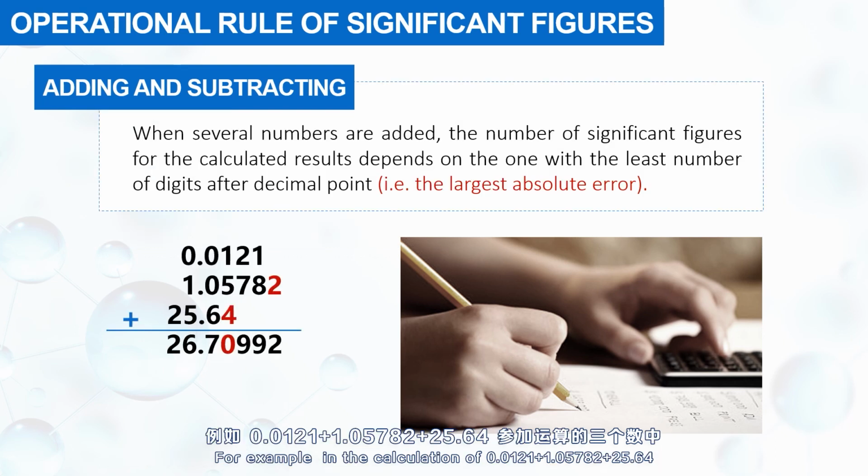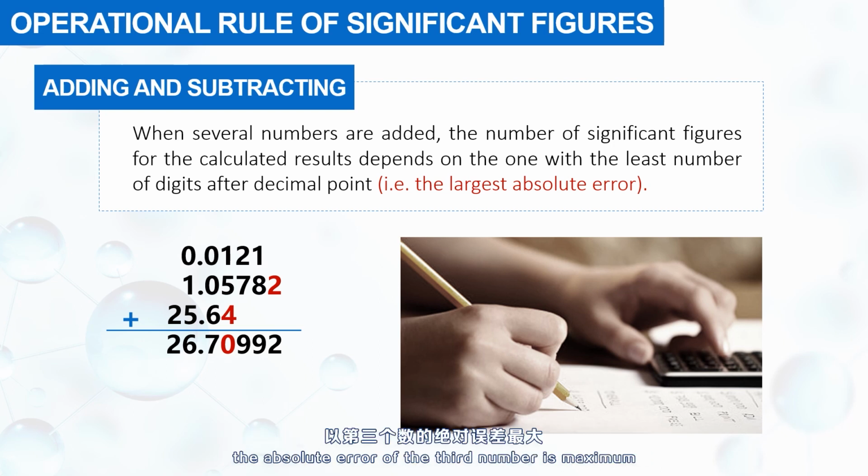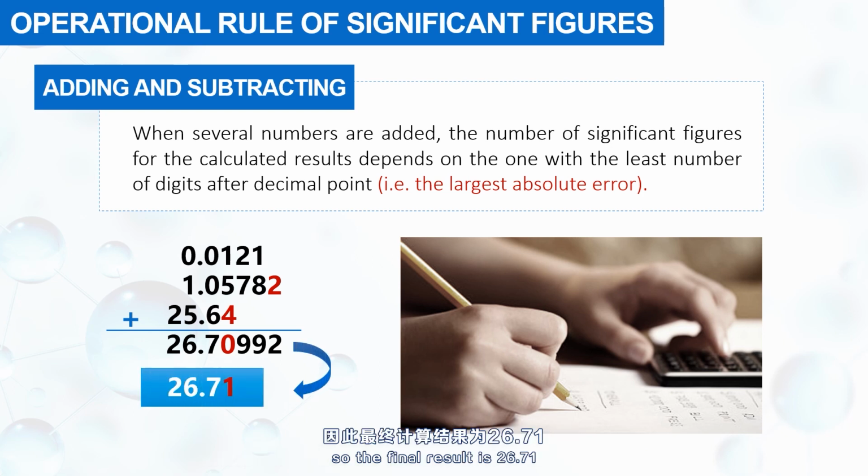For example, in the calculation of 0.0121 plus 1.05782 plus 25.64, the absolute error of the last number is maximum, which determines that the absolute error of the sum is plus minus 0.01. So the final result is